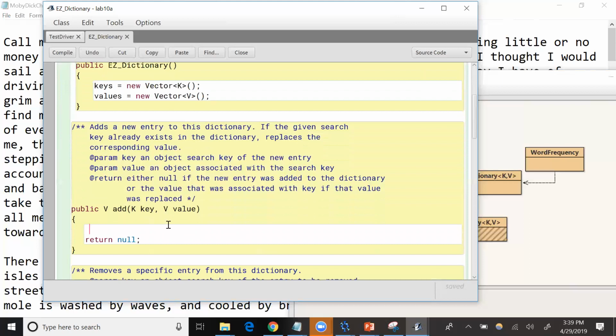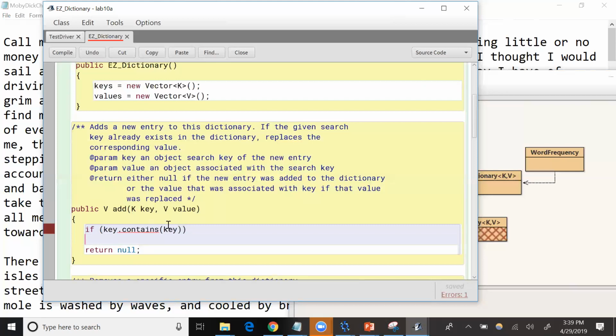So it's pretty simple to add an item to the dictionary. The first thing we want to do is see if it's in there, right? So we can check to see if keys dot contains the actual key of interest. Oops, I got that the wrong way. It's keys dot contains. So keys is our vector. If keys contains the key, this is the key that we're actually trying to add and the value that goes with it. If this key is already in the keys vector,